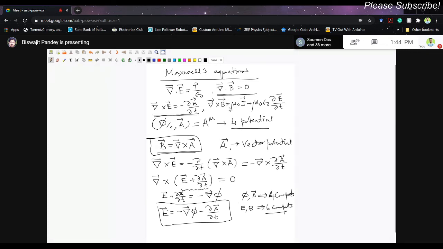So this has a certain advantage over E and B, because you just calculate phi and A, and then you have the relationship to the electric and magnetic fields. You take curl of A, and that will give you the 3 components of the magnetic field. And if you calculate the gradient of phi and then add something like del A by del t, you will get back the electric field. So that's why this expression of Maxwell's equations in terms of phi and A is a little bit more advantageous. So if we substitute this and this in Maxwell's equations, what do we get?